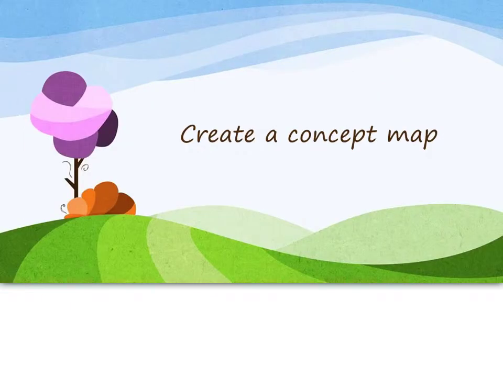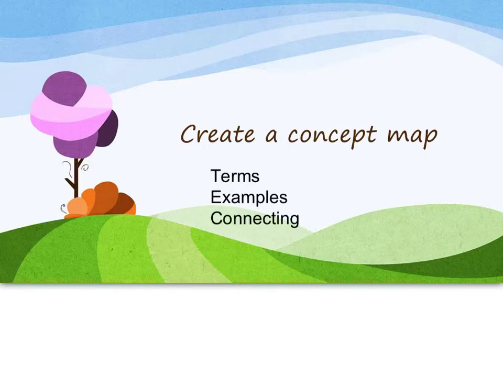Okay, so from the information that you've learned today, you're going to create a concept map. So your concept map must include all of the terms that we use today. It must also include examples of each term, and it must include connecting words to show how those terms are related. So just as an example of a connecting word, if you were, say, to write the word teacher